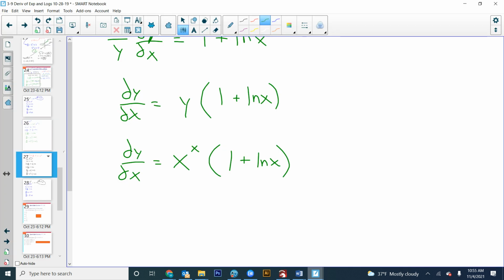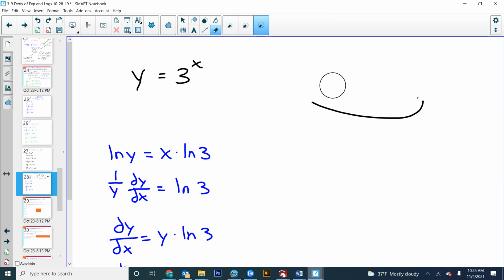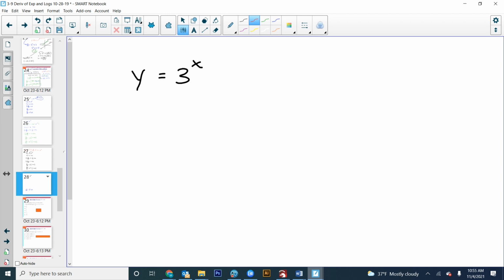All right. We did x to the x. I want to ask you this. Ooh, look at the thought bubbles. Gotta love it. And I'm not saying to do this. I'm saying what would happen if you're like, we know what the derivative is. A to the u times ln a times 1, right? That's the derivative. But what if you went